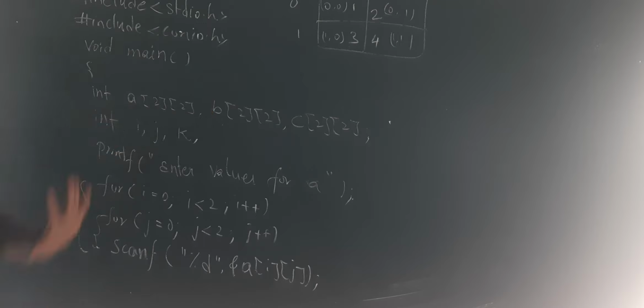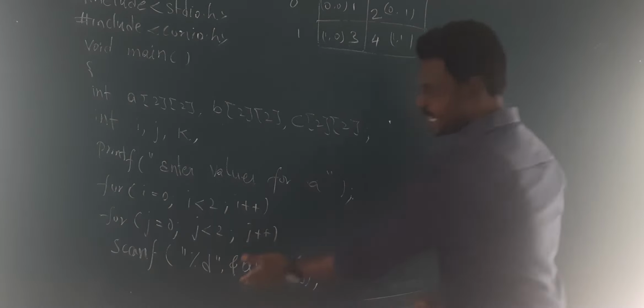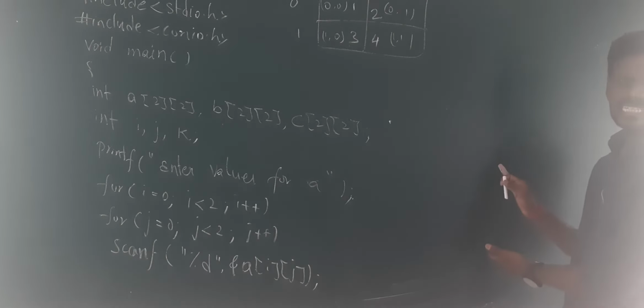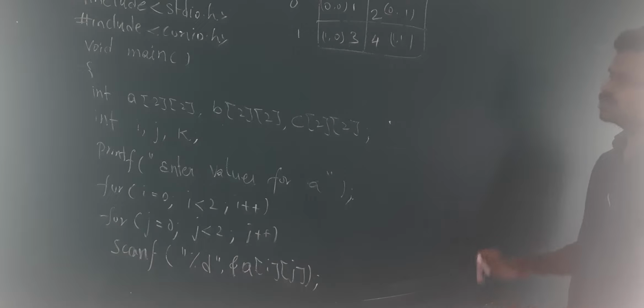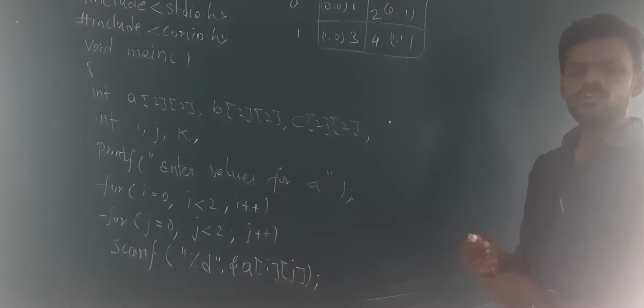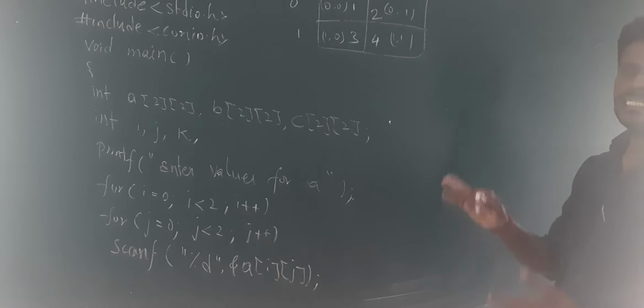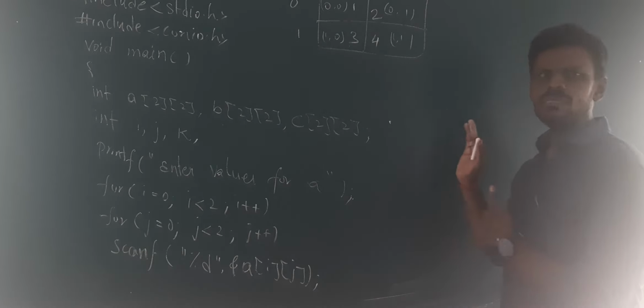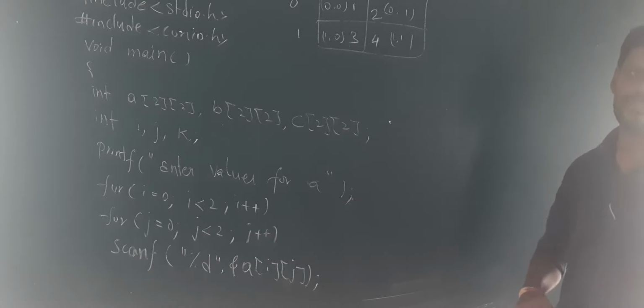Second one is what? B. Okay, now I will be writing the code part. Just you see. I have done with my A. I am not printing on the screen now. Just I am accepting the values. Okay, I will go for this. You can print them, but printing the values in a C, I will be showing how we will be printing in the form of matrix.